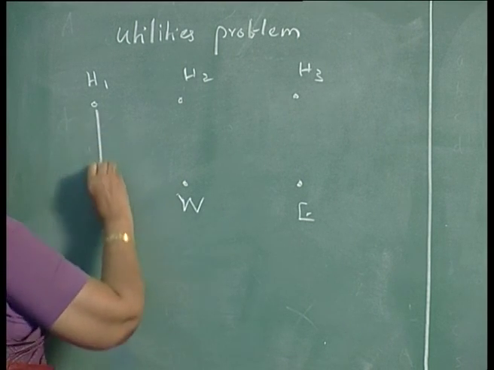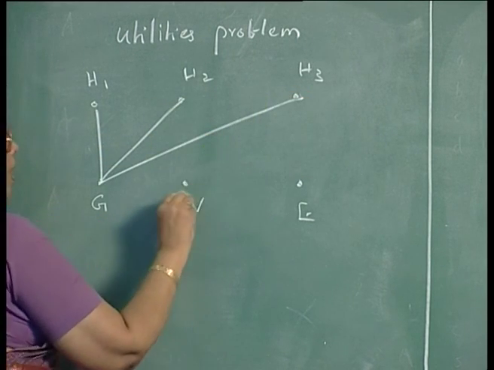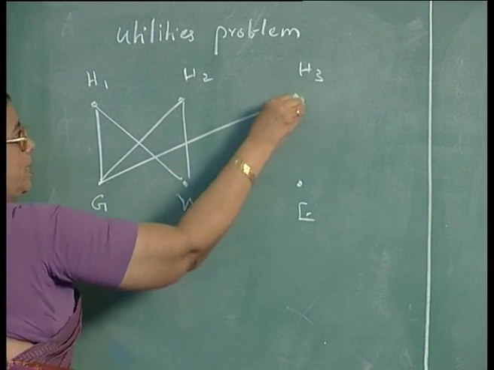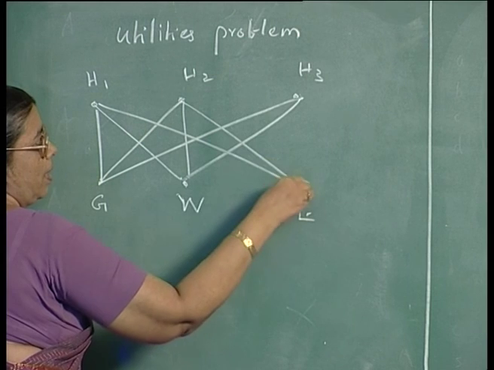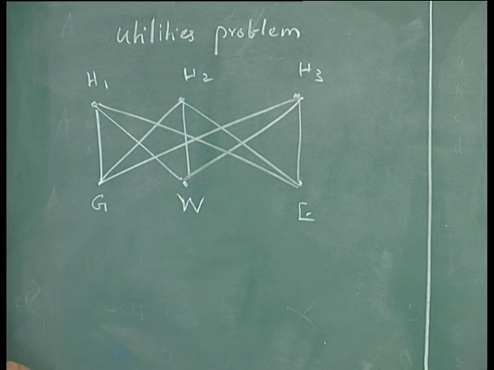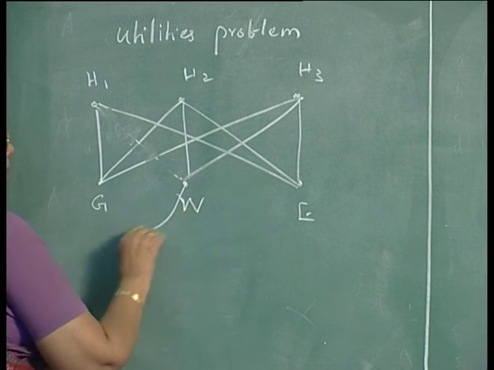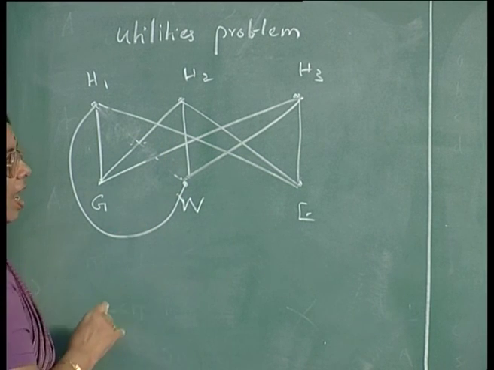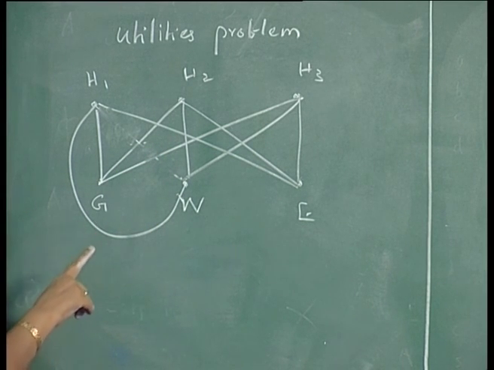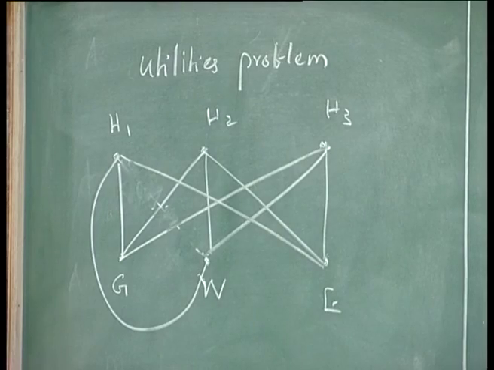Suppose you do it at the same level, and then if you do like this, there are crossings. For example, this crossing you can avoid by connecting like this. Can you do everything in such a way that there is no crossing? It has been shown that it cannot be done this way. There will be at least one crossing, and such studies also play a part in the use of graph theory.